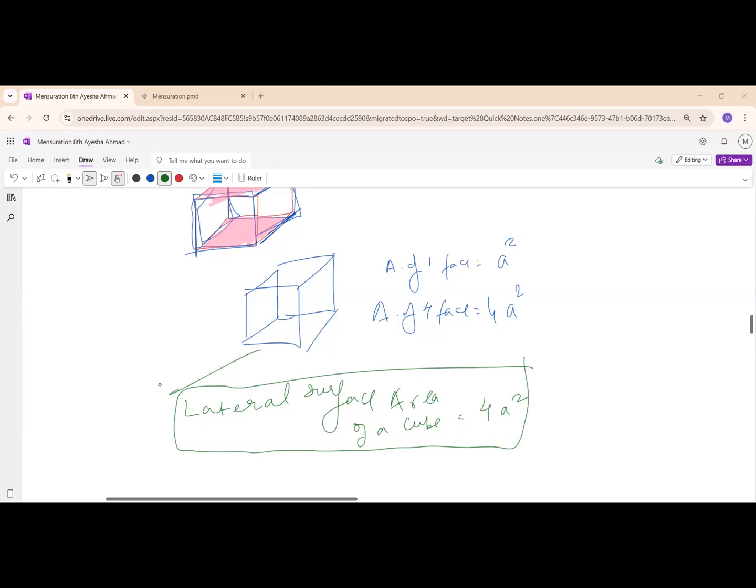Okay, Aisha. We'll be continuing with cuboids in the next class. First I'll tell you all the formulas, and then we'll be moving on to the questions. I guess by the next class I'll be telling you cuboid and cylinder formulas, and then in the next class after that we will be